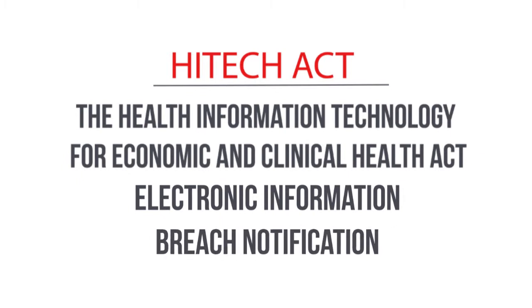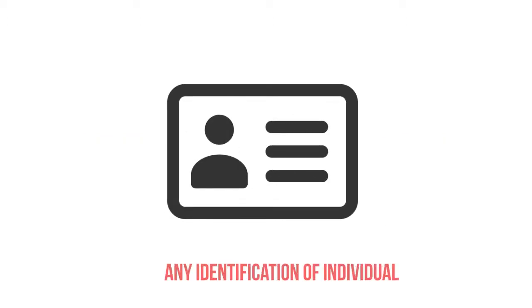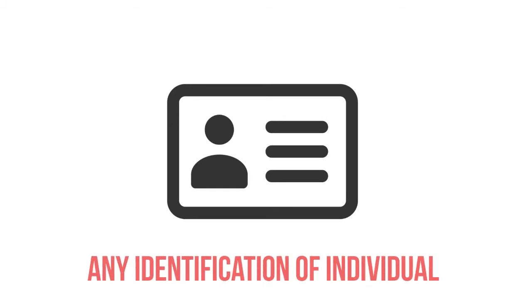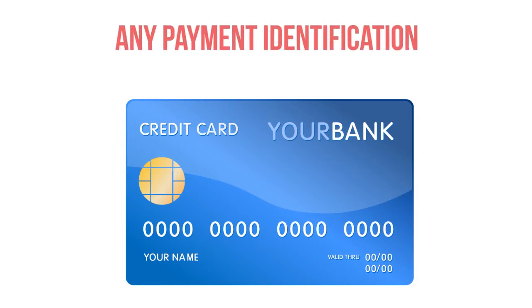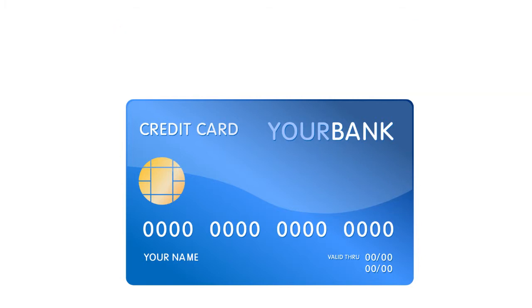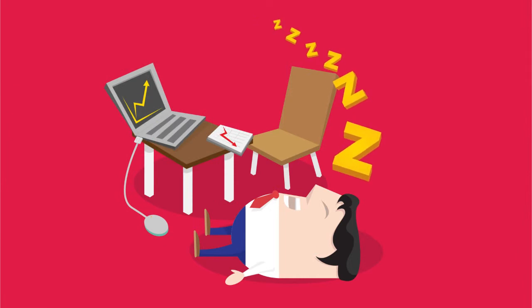Now, let's talk about some key HIPAA terms you should know and understand. The first is PHI, which I've already mentioned. But what is it? PHI is any health information that can be used to identify an individual, which relates to that individual's past, present, or future physical or mental health or condition. PHI is also the provision of health care to an individual or the past, present, or future payment for the provision of health care to an individual which identifies the individual, or for which there is reasonable basis to believe can be used to identify an individual. I know, that's a long definition, but I think you'll get a better understanding for what PHI is if we